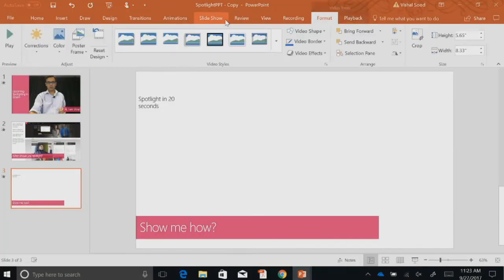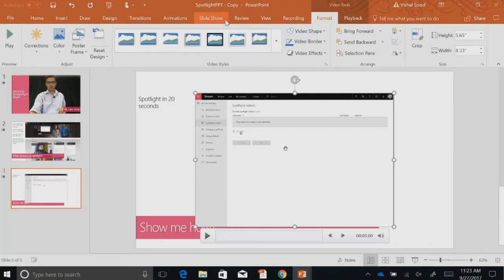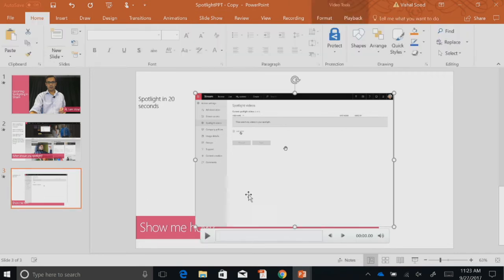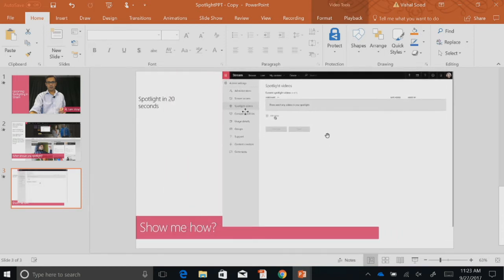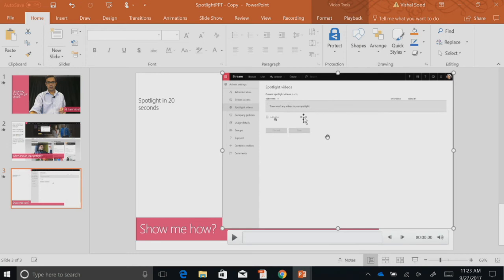So what I did here is I was just flipping through screens in my PDF, and I was recording them with my voice over it. What PowerPoint did with that is it gave me a video. So now what I can simply do is the same thing I did with the other one to make it look a little bit prettier. Do this. And after this is where the magic will really happen.